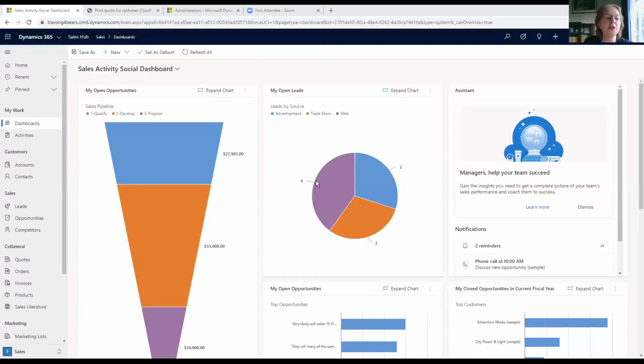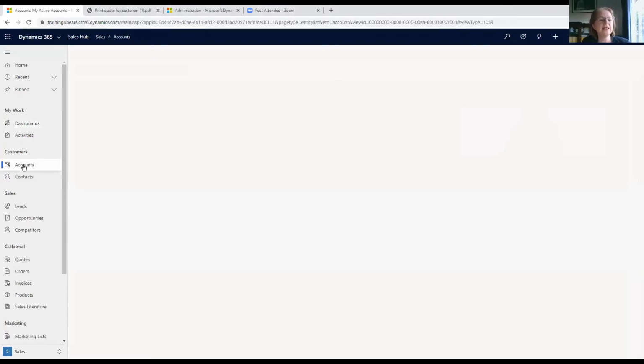Okay, so can everybody see lots of colored shapes? That is the first bit of Dynamics that most people will see when they log on in the morning. And this is one of many examples of a dashboard. Like almost all of Dynamics 365, it is highly, highly, highly customizable. What we also have from here is